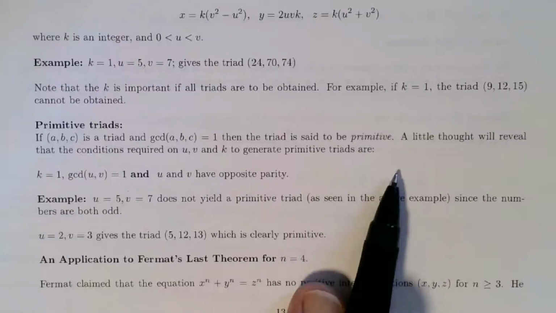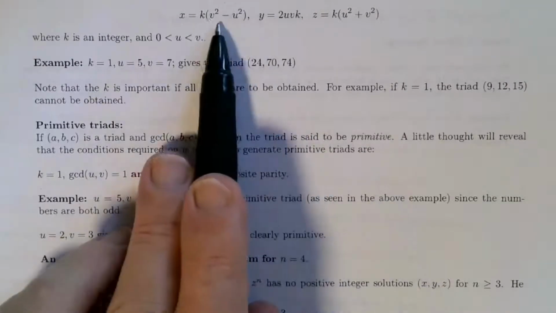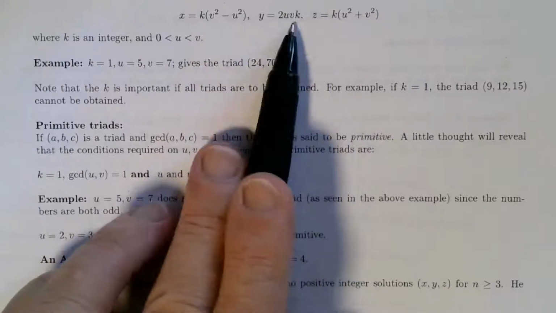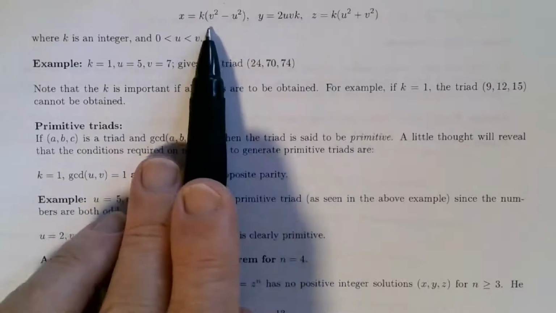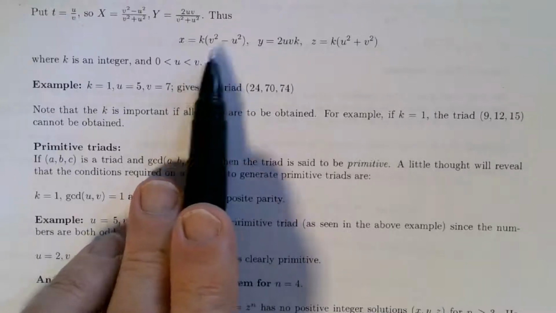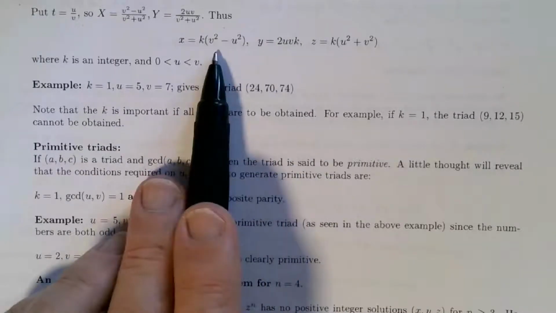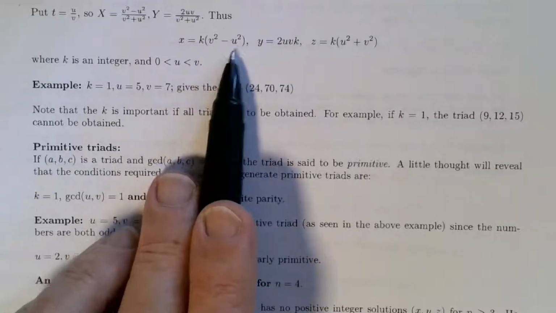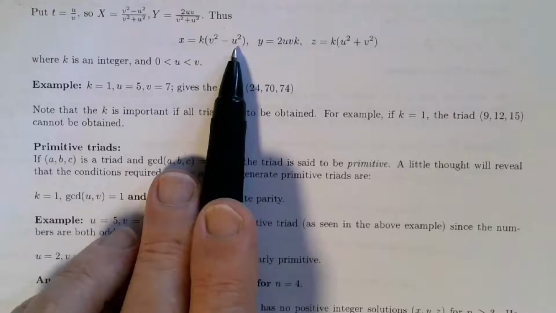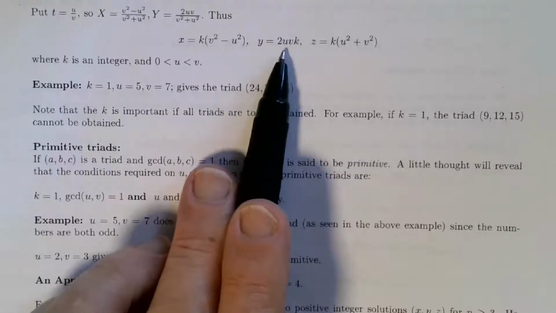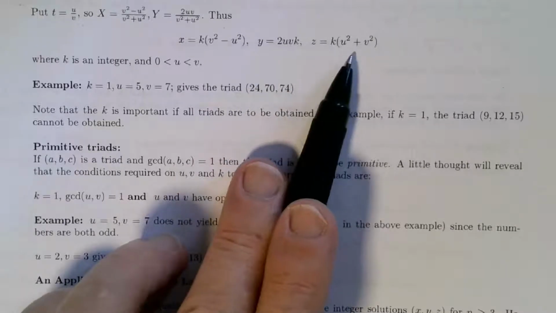And you've got to be careful also, because if u and v have a common factor, then obviously these will have a common factor. So you want u and v to be relatively prime. And you might think, well, that'll be sufficient. I put k as 1, u and v relatively prime, but that doesn't quite work, because if u and v are both odd, then this will be even, and this is even, and this is even, and so you get a common factor